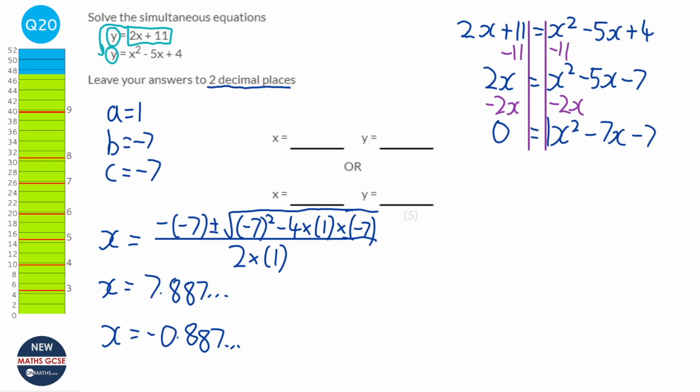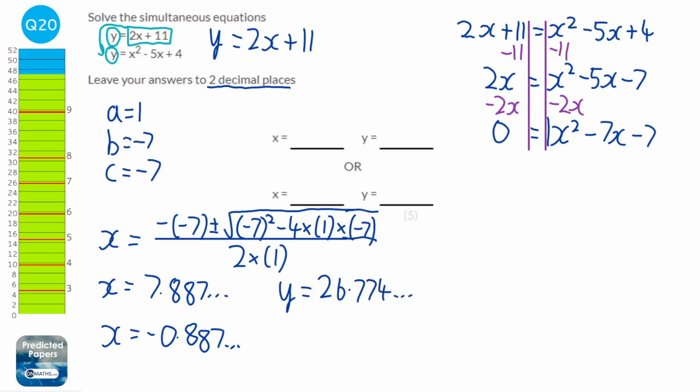So we look at this first equation here, which says y equals 2x plus 11. It means to find out what y is, all we need to do is times it by 2 and then add 11. So I'm just going to do that with the first solution we have, so 7.887, blah, blah, blah. I'm going to times it by 2 on my calculator, and then plus 11. And that gives me the answer of